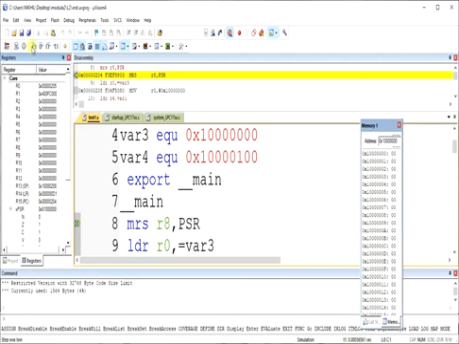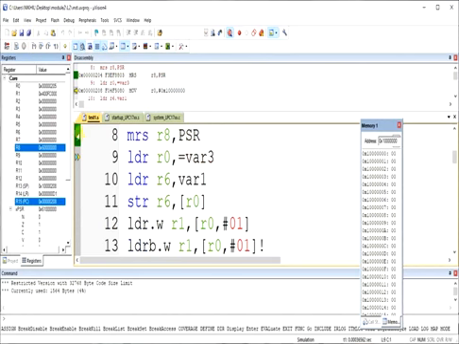So if I click on single step, we can see this green shade will appear. That means this instruction is executed now. So for now, what will happen? The content is appearing in R8 register. Whose content? PSR content. And next, which instruction is to be executed? So this arrow mark is pointing here.